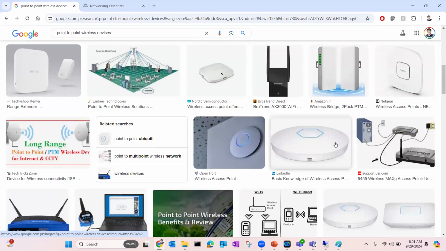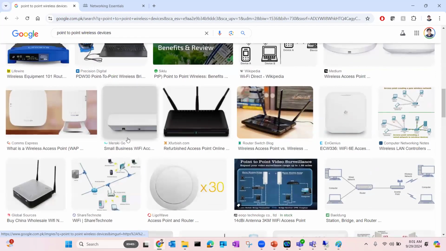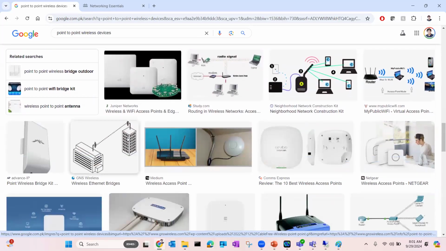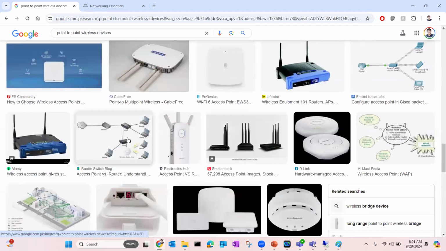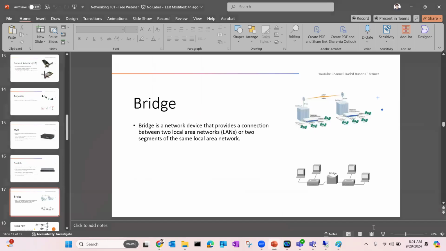These are the devices. You can go there, you can purchase them, and you can install one device on one building and another device on the other building, and you can connect them even 16 kilometers, 12 kilometers, right? Depends on the devices and depends on your configuration. So if you search for this device,